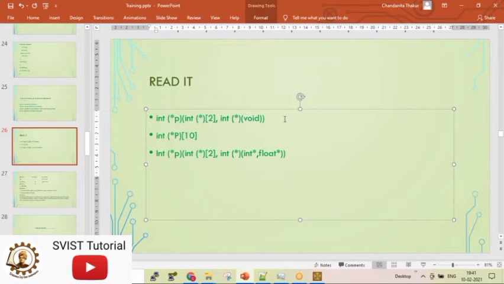P is a pointer of integer type function which contains a pointer of one array. Second, Subhajit: there is no function like integer type of function. The return type will be the integer. Don't worry, the next topic will be the function, so because we have done that, ma'am, P is a pointer to an array.